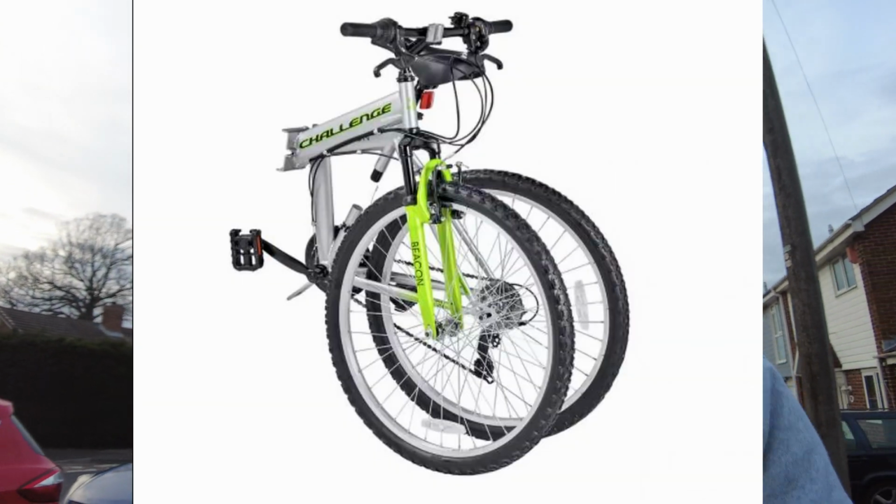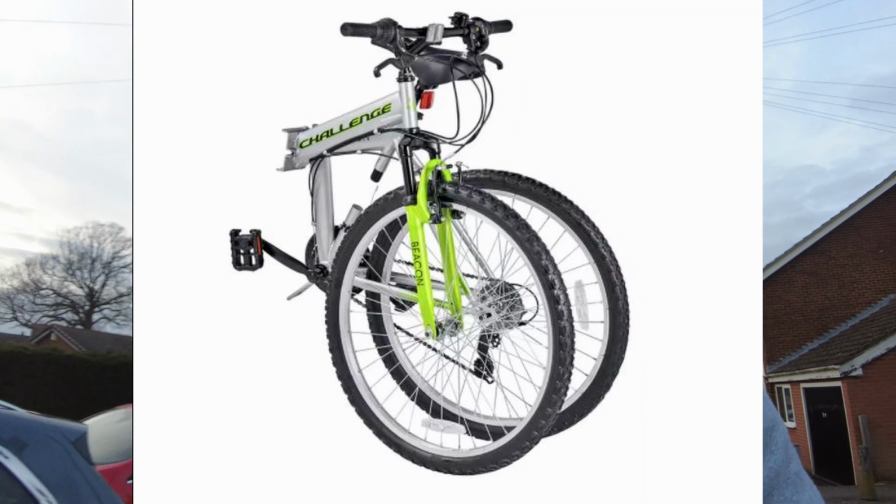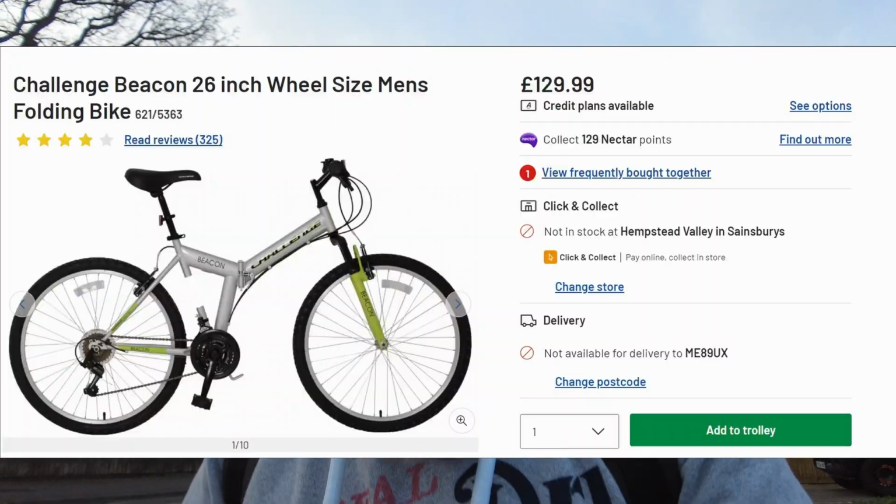I also wanted it new because it's a Christmas present. You know, I've had many years of getting second-hand presents for Christmas. Let's have something new. But there was one more point to my list. I also wanted it to be able to fold in half, so it's where I live. It's a little bit hilly, hence why I'm walking now. So the plan was in the summer, which is coming up, fold it in half, put it in a car, drive somewhere nice and go for a ride. That was my plan. So, doing my Google searching, this is the bike I found,